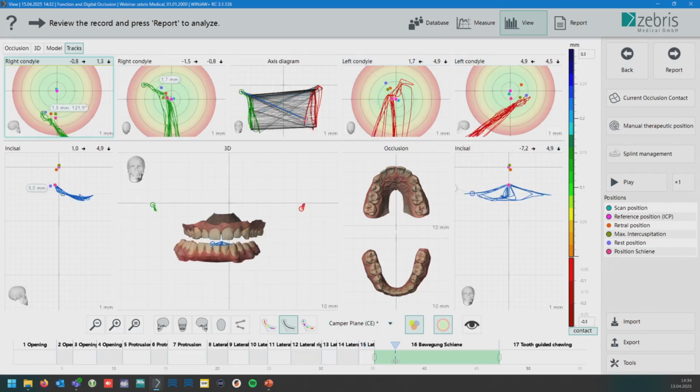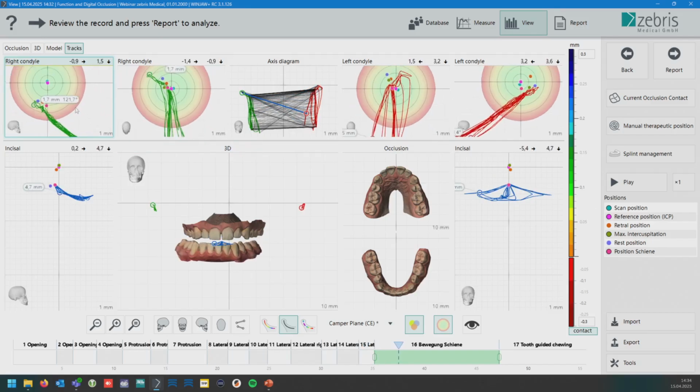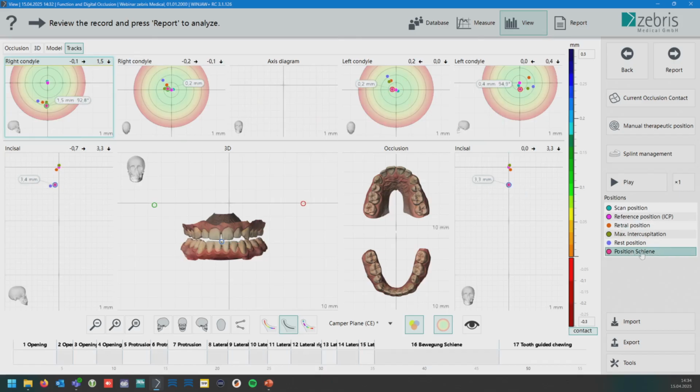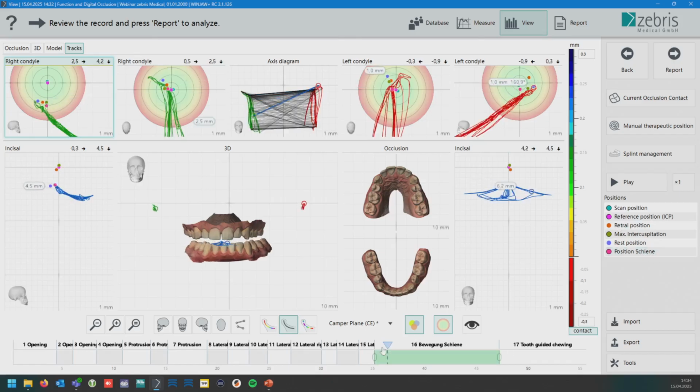Here, for example, also the movement of my splints. And you see I just added here my splint. There is our positioning of the splint. And here we have the dynamic of the splint. So again, the example I just mentioned, you have a patient with a disc replacement of the discus. You created a positioning splint so they don't jump off their discus anymore. Make a measurement without the splint, with the splint, compare them together and see if the splint has the effect that your patient did not lose his discus anymore.